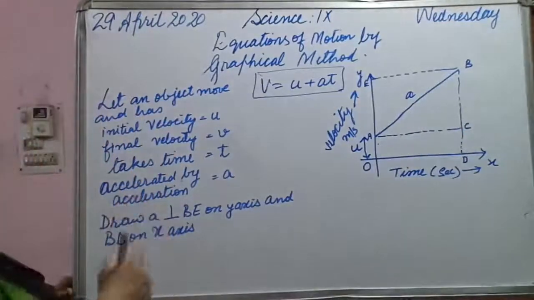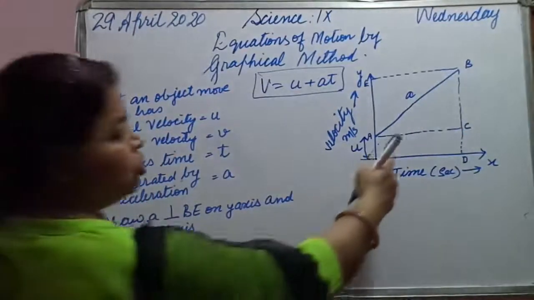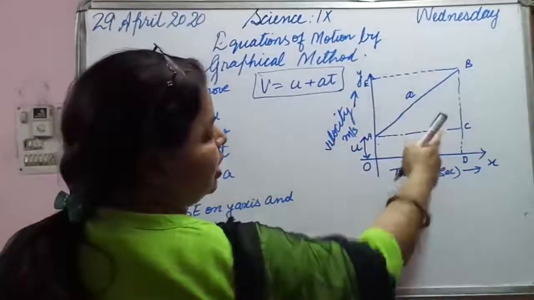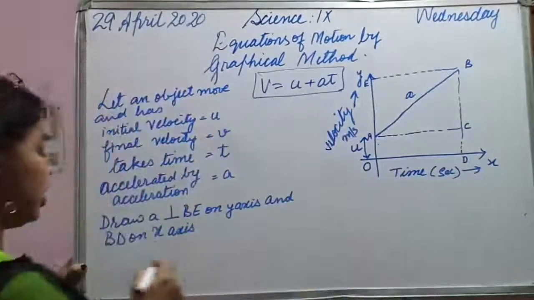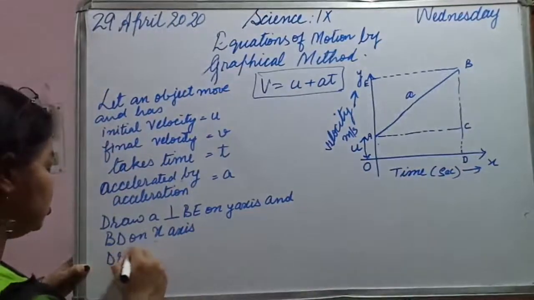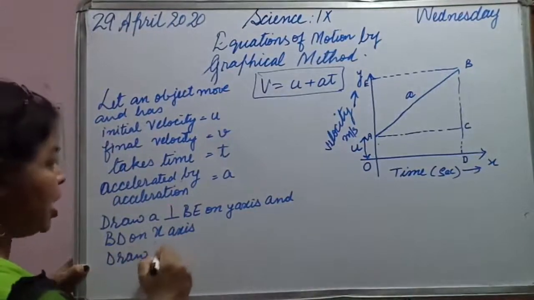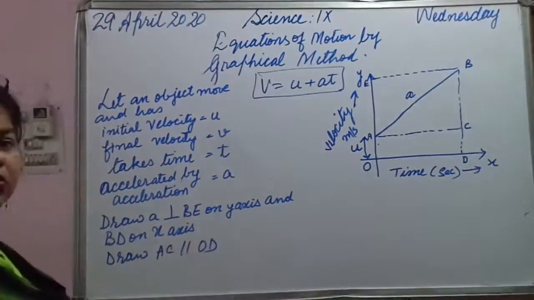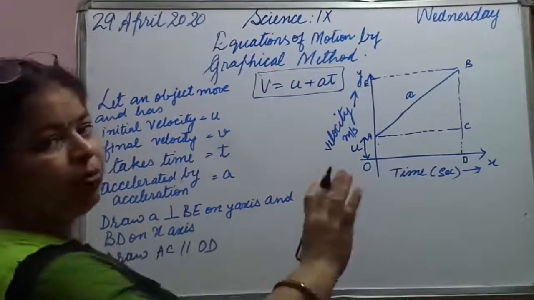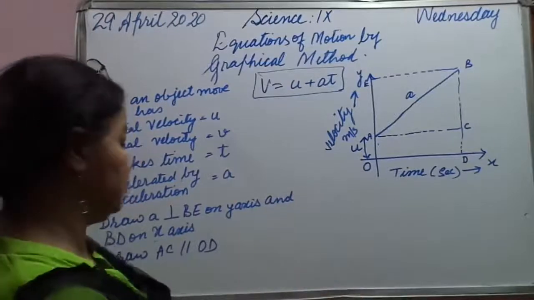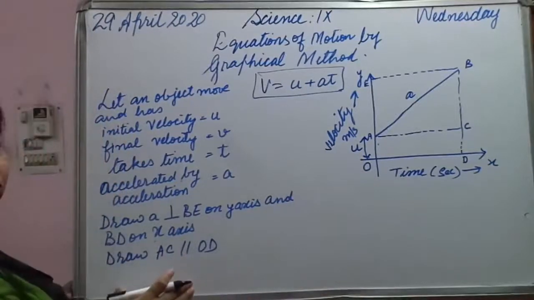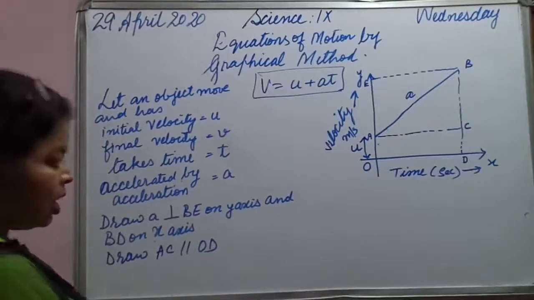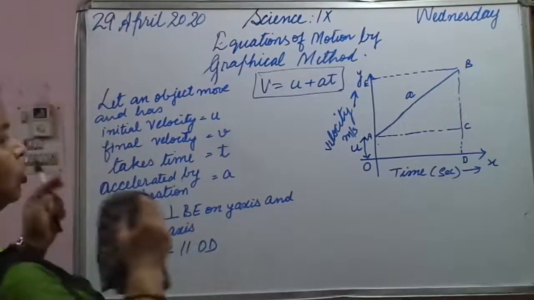Then second construction that you did was you drew a line parallel. AC parallel OD. Okay, draw AC parallel OD. This is only why we are doing, because we have to make the thing simple. So these are the things that we need to mention here for the construction work. Okay, then after this what we will do, I am going to erase it.